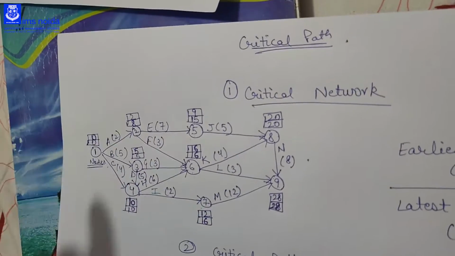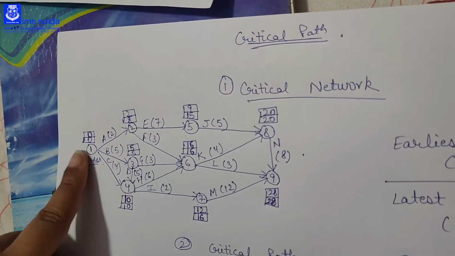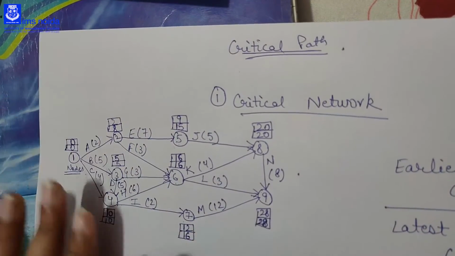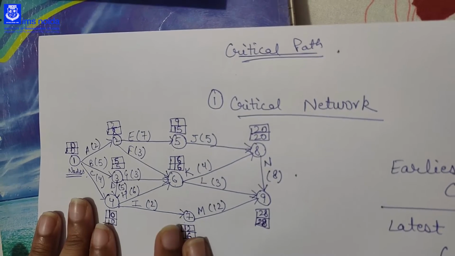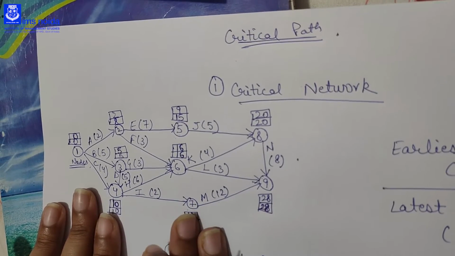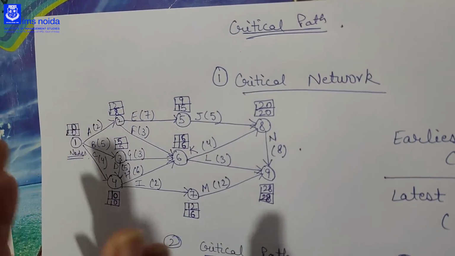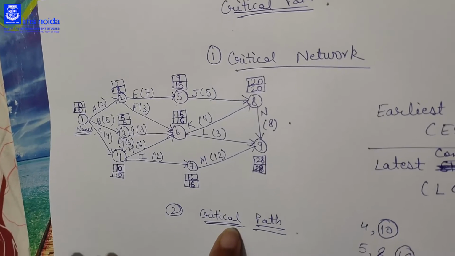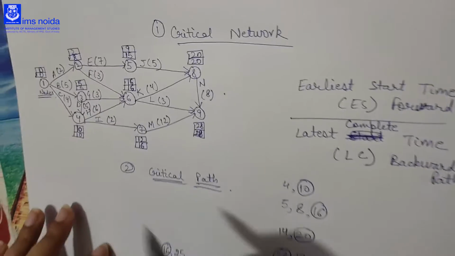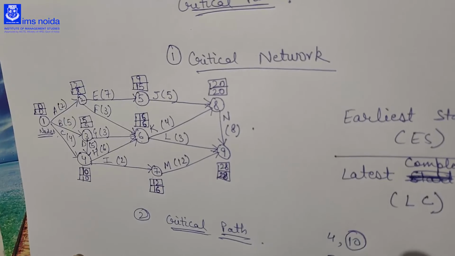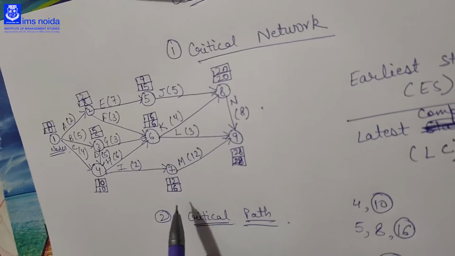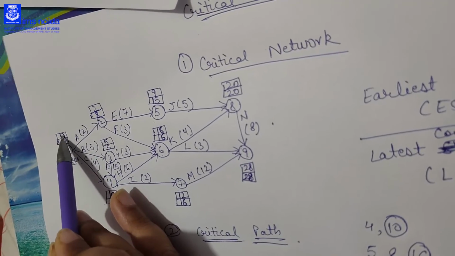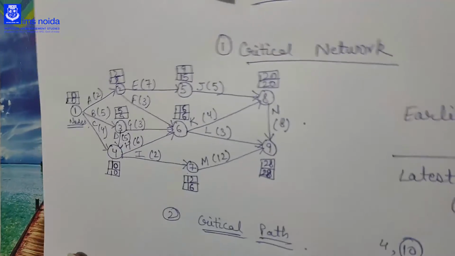Fine. Now if you get the 0 here from any of the ways through which you can come to the starting node, that means you have calculated the ES, that is your earliest start time, and the LC, that is your latest complete time, correct. You have calculated ES and LC correctly. Now we have to find the critical path. So to find the critical path, we see the nodes which have the same LC and same ES. As you can see, 1 has ES as 0 and LC as 0. So ES is equal to LC. So we will start with the 1.